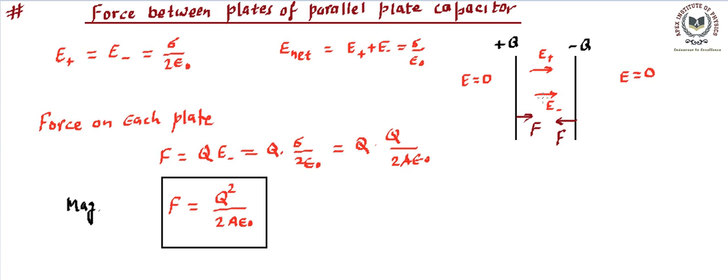That means if we release the two parallel plates, having some gap between them, over time you will find that they will try to come closer to each other because the force is attractive in nature. So the final result is that the magnitude of force is given by this expression, and the direction is attractive in nature. That means both the plates attract each other. Attractive in nature.